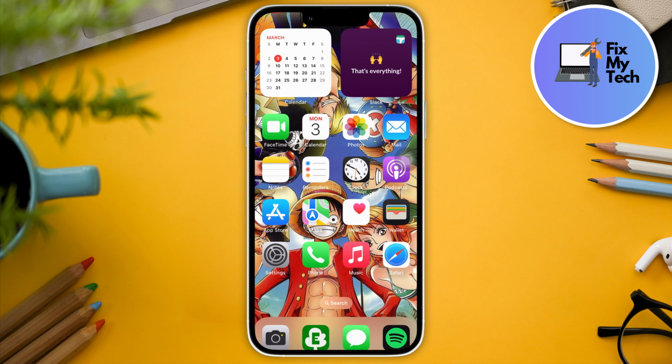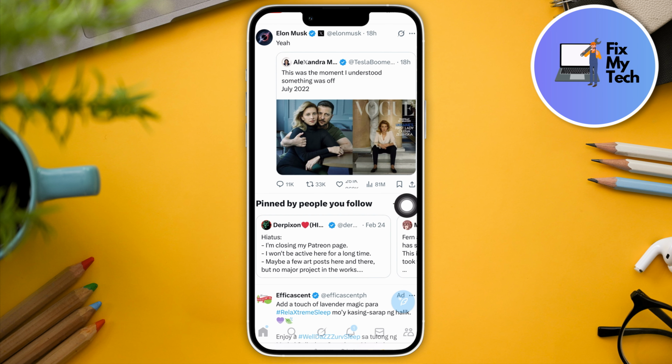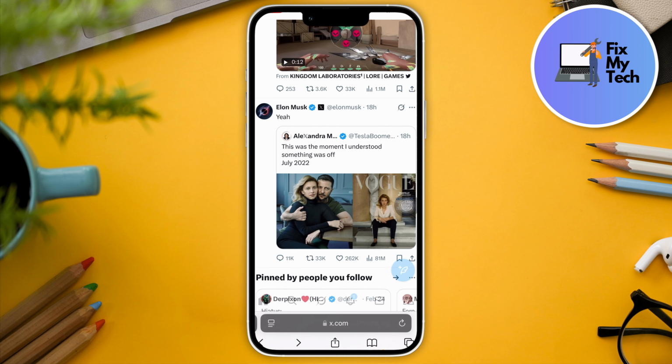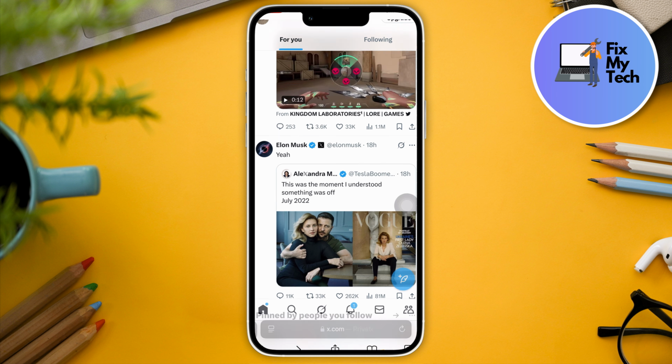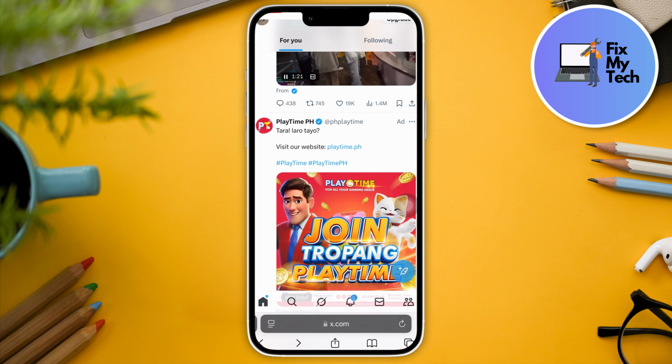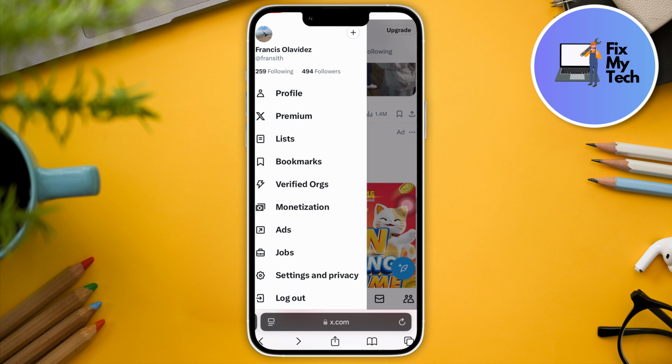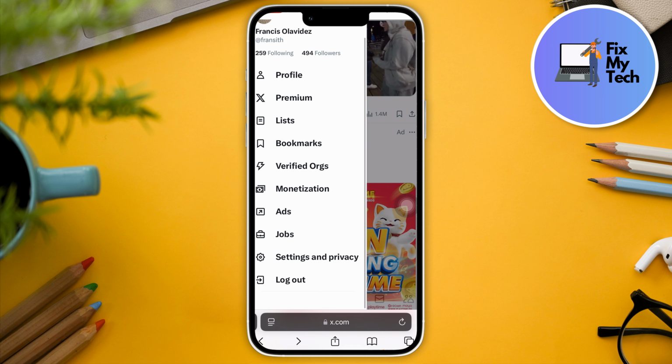X. So first up, what you need to do is to open your browser and make sure to use the browser or web version of Twitter or X, as that's what we're going to need to disable this feature. Now, once you've done that, just make sure you're logged in to your account on your browser or mobile device's browser. And then what you're going to do is just tap on your profile at the top left, and then